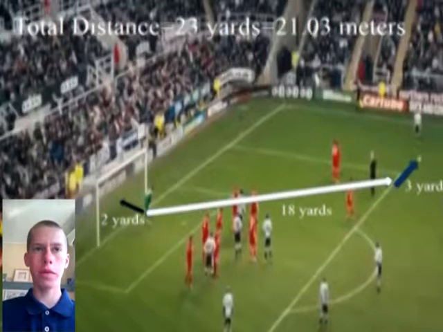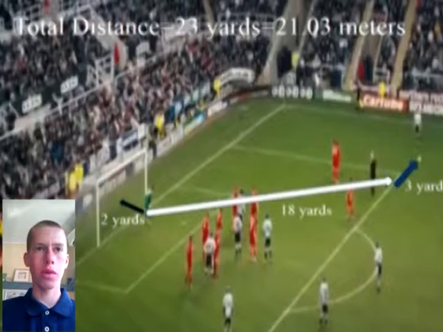Using information from the scene, we can figure out the distance from the ball to the net. From the dimensions of a soccer field, we know that the distance from the net to the goal line is 2 yards, and the distance from the goal line to the edge of the box is 18 yards. It also appears that the distance from the edge of the box to the ball is 3 yards. This makes a total of 23 yards from the ball to the net before the ball is struck, which is